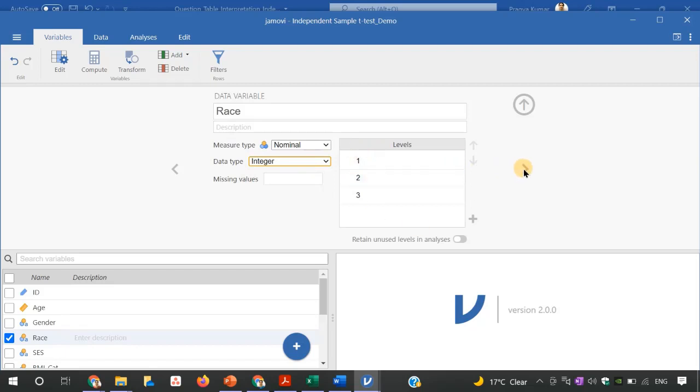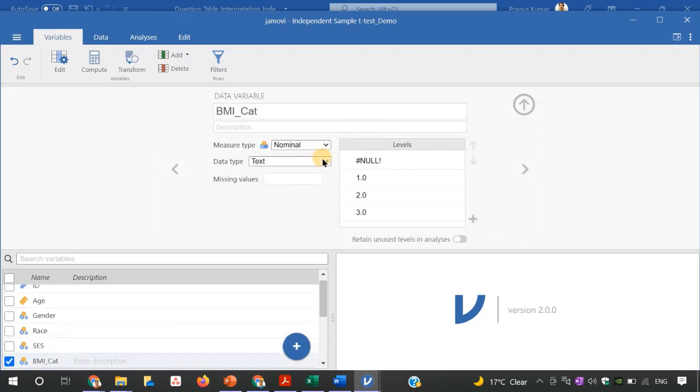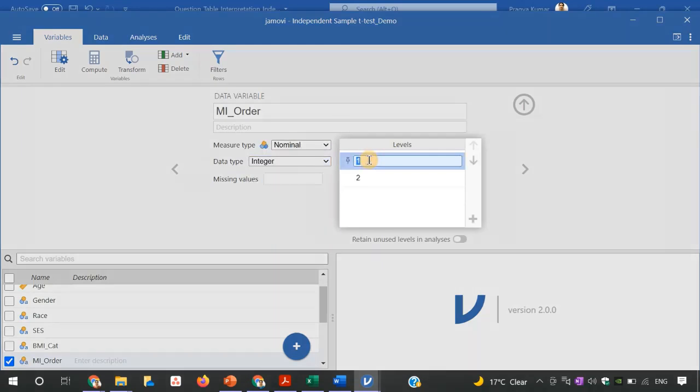So similarly you can label this race. SES is nominal, it is again an integer, that 1, 2, 3 that we have seen in the code, you can put those codes here. And then this BMI category, that is also nominal. I have changed it to integer. You can put labels like normal, overweight and obese. And in MI order also it is a nominal and this is integer. So you can put here 1 as the first attack, because this is a research question, that's why I am labeling it, and this is the